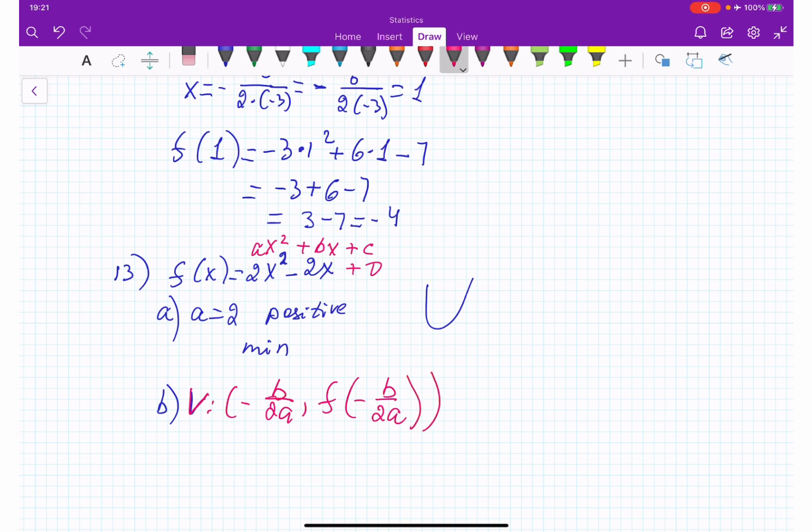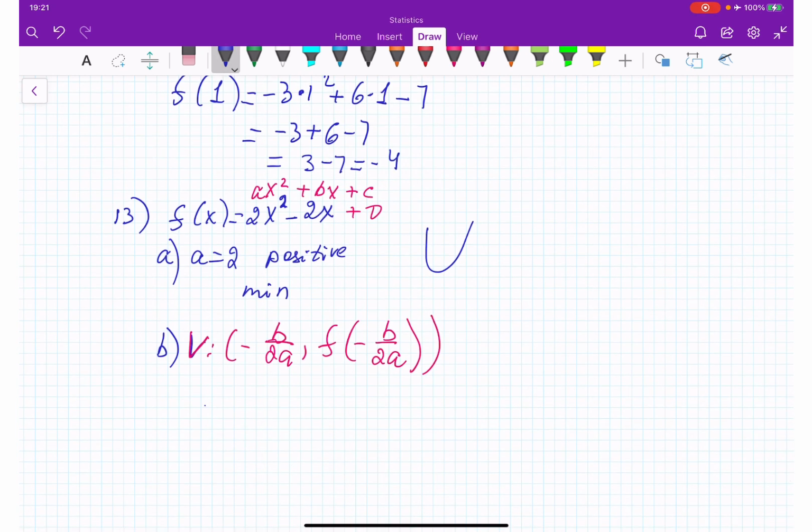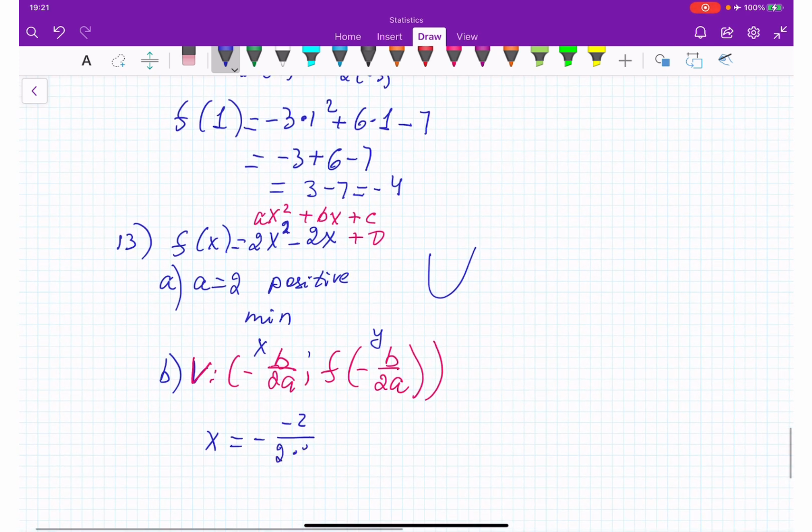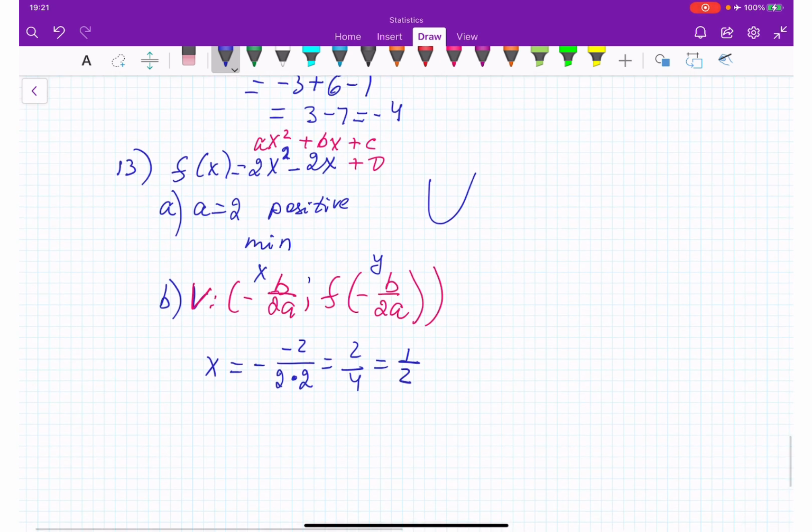All right. So x is equal to, because this is x, this is my y. x is equal to negative. How much is my b? -2. And over 2 times a. Okay. So this is going to be 2 over 4, which is going to be 1/2. Okay, f of 1/2,